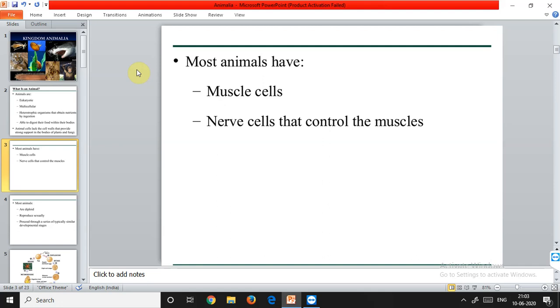Now, what are the distinct features of an animal cell? Most of the animal cells are muscle cells. Also, nerve cells are present. These nerve cells control the muscle cells. Now it is believed that all animal phyla originated in the sea,